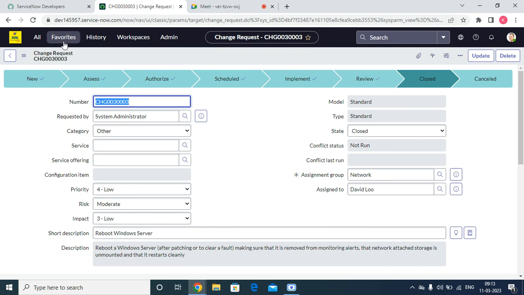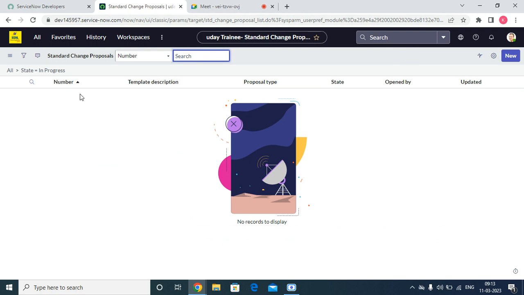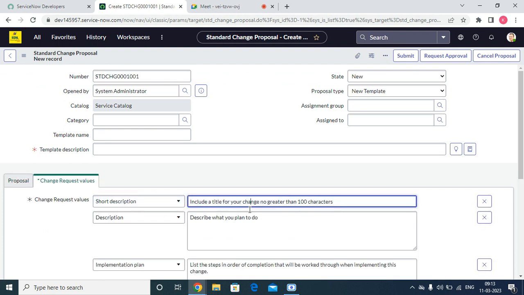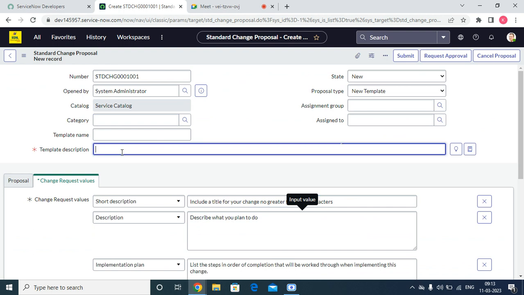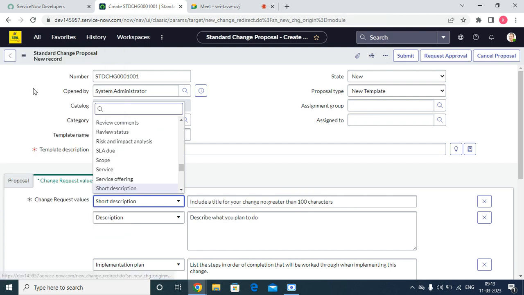So till now, what you have seen, there are two types of changes we have done. Also, if you want, we can create open proposals. We can add standard templates from here. We can add New, the change request and the values we have given, and all the values will come automatically. So we can just go to the standard proposed template and add this one, give the template name, and have a few values and check how it is coming. So now if I am going to the new one,